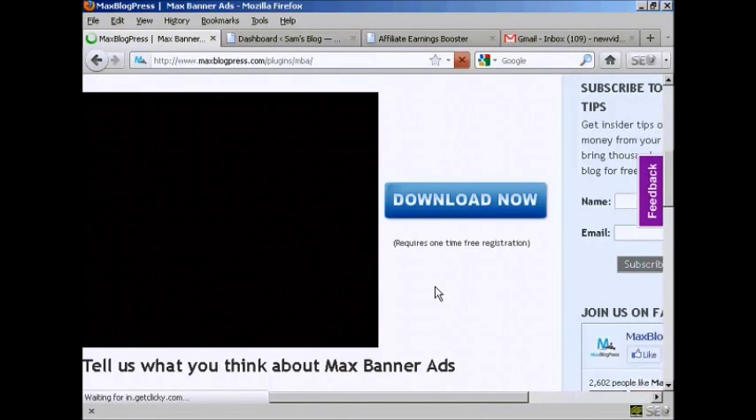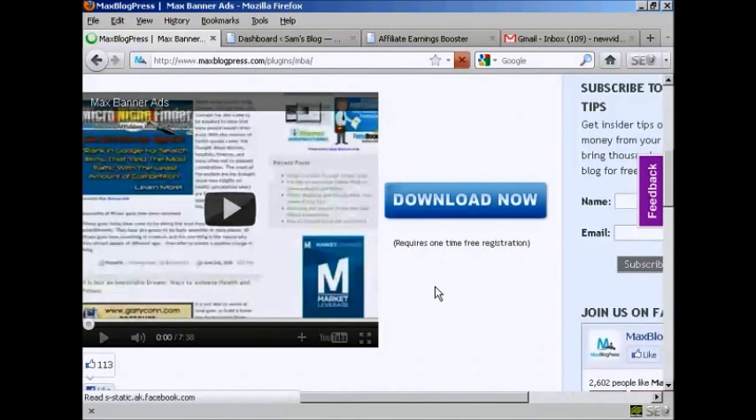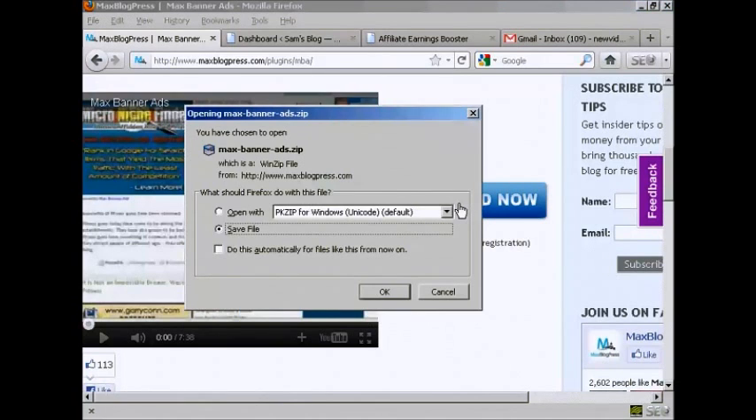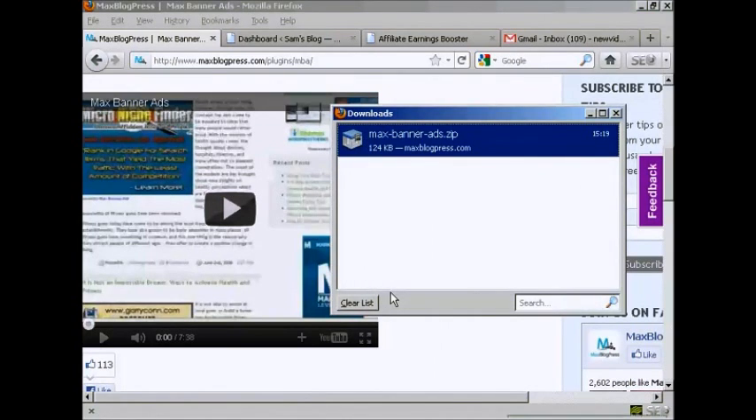Now, this is not a plugin that you can install directly from the dashboard by going to the wordpress.org site. You have to download this to your computer's hard drive and then install it manually. So we'll just do that now. Click on Download Now, and this pop-up window opens and it says max-banner-ads.zip. So you want to save this file to your computer's hard drive. Just click on OK, and there it is done. So now we can close that,